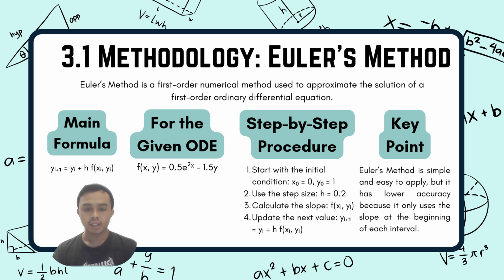The procedure is simple. First, calculate the slope using f(x_i, y_i). Then multiply the slope by the step size. Finally, add the result to the current y value to obtain the next y value. Euler method is easy to apply, but its accuracy is lower because it only uses the slope at the beginning